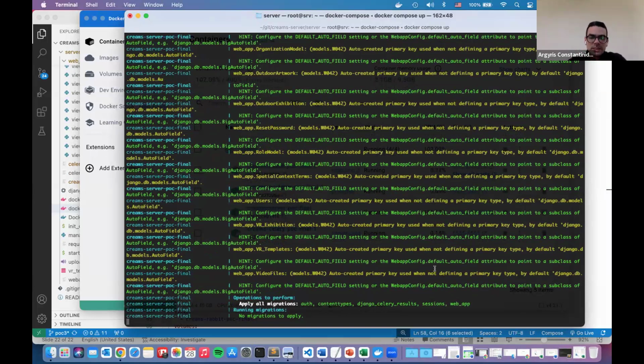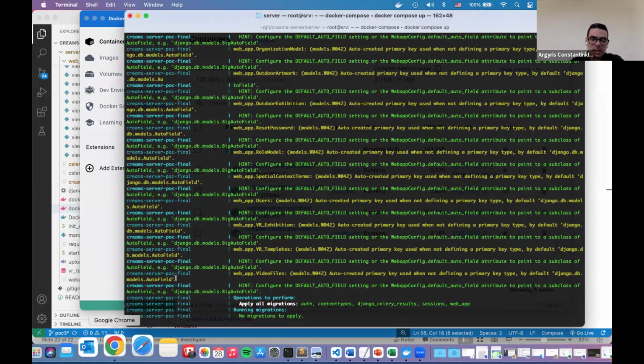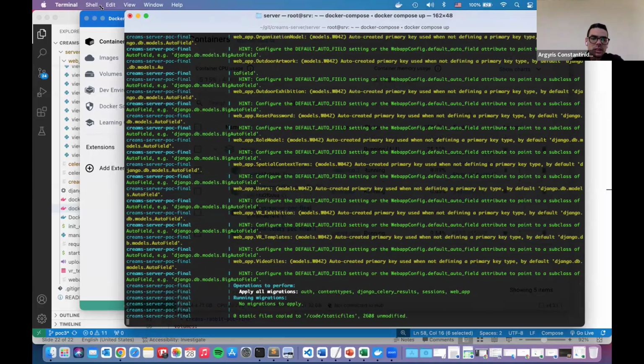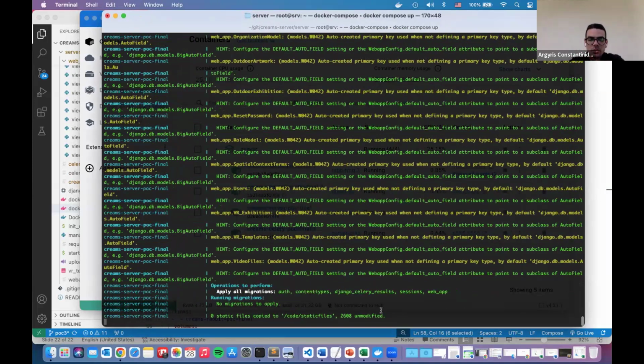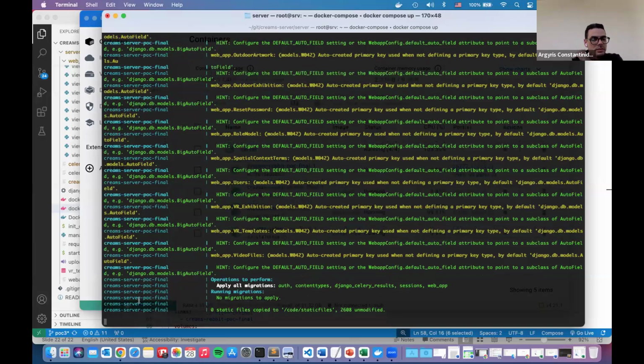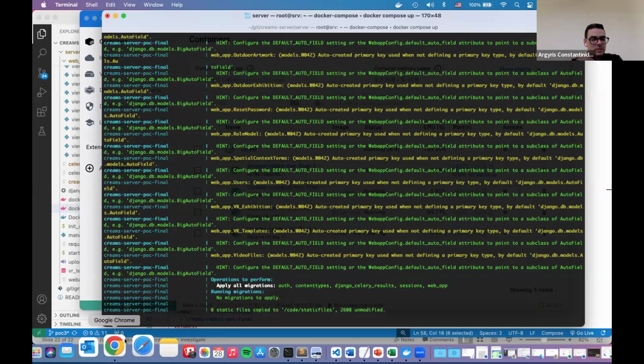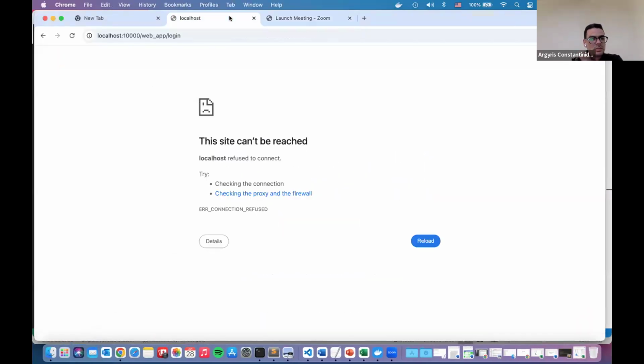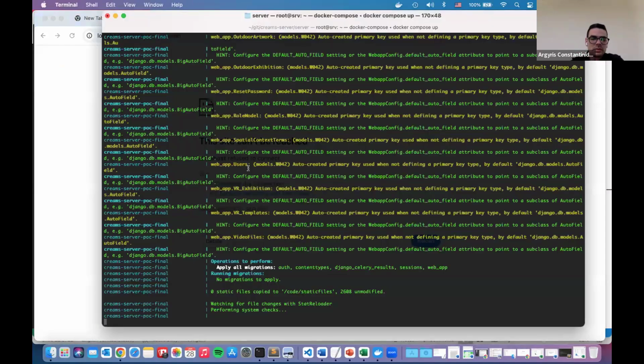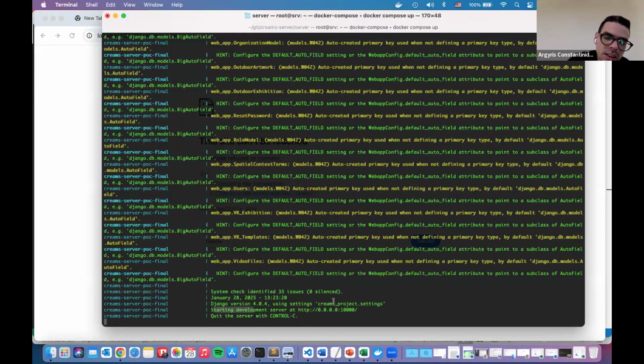Once we see that the development server is up and listening on the specific port, then it means that we can open this in our browser. Okay, now that we see that the development server has started, I can go to this port locally.